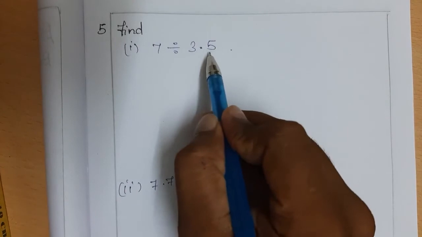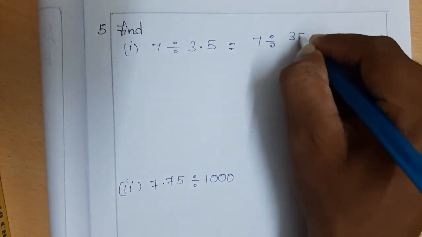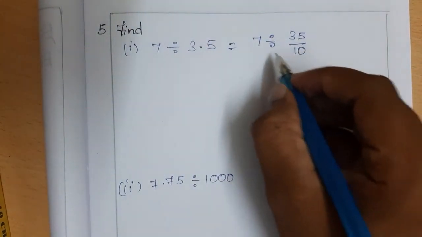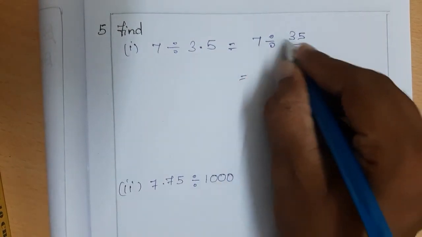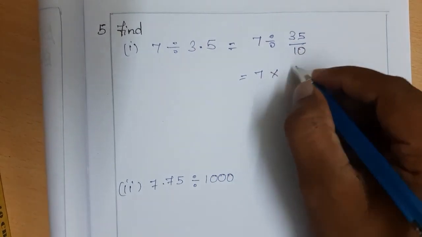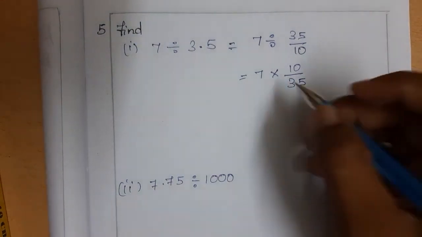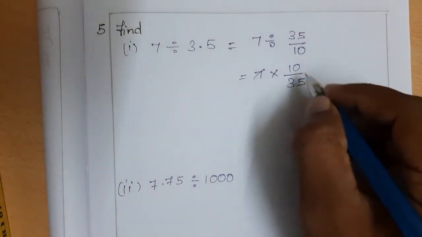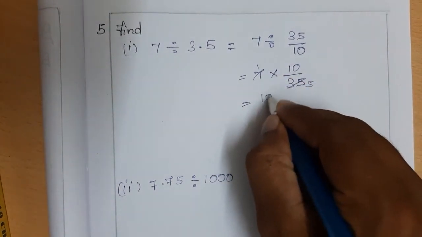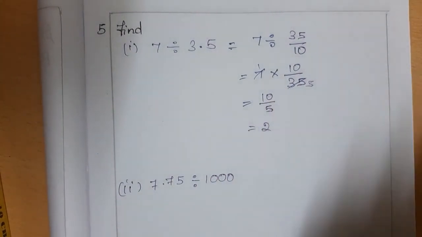So here we go for the next problem. 7 divided by 3.5. 3.5, just change it to a fraction. It will become 7 divided by 35 by 10, right? 1 decimal digit, so 10 divided by 10. So now we can change this division to multiplication. So 7 into the reciprocal of the following fraction, that is 10 by 35. Now it is easy to cancel, right? The 7 table, it is 5 times. Both are in the 7 factors. 1 times, 5 times. So 10 into 1 is 10 divided by 5. 10 divided by 5 is just 2. Right? 5 table, 1 times 10 is 2.